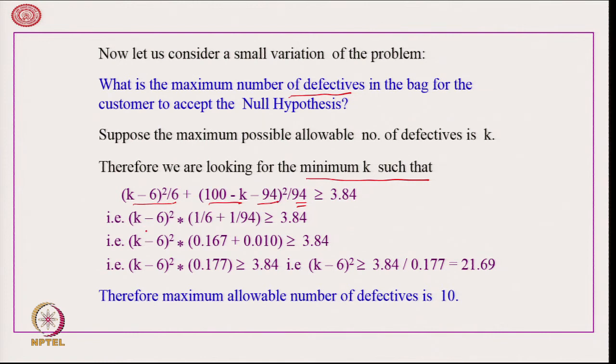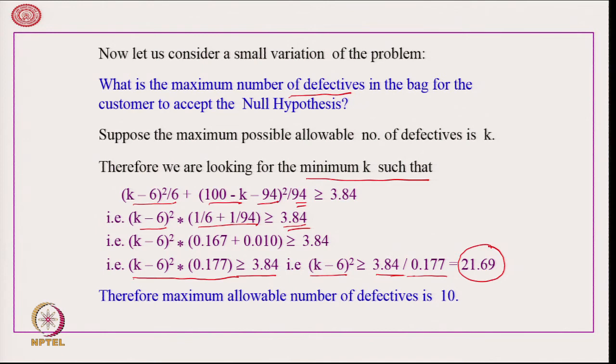That is, (k minus 6) whole square multiplied by (1 by 6 plus 1 by 94) has to be greater than or equal to 3.84. Now, that boils down to (k minus 6) whole square multiplied by 0.177 has to be greater than or equal to 3.84. That is, (k minus 6) whole square is greater than or equal to 3.84 divided by 0.177, which is coming out to be